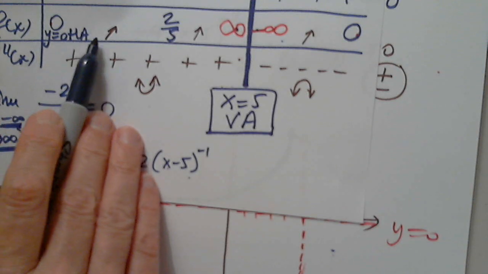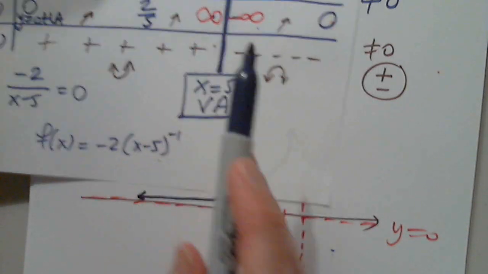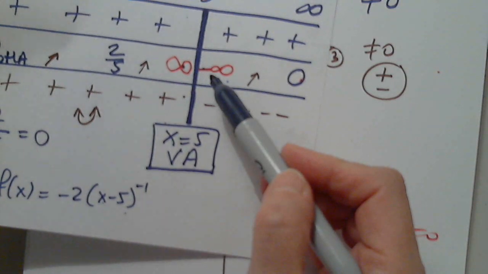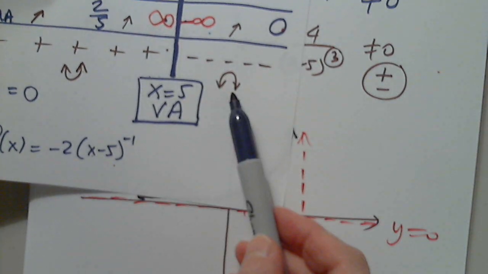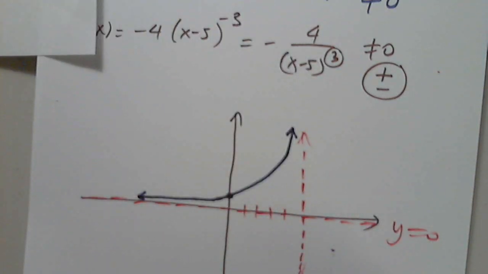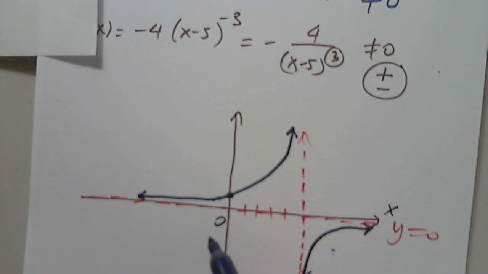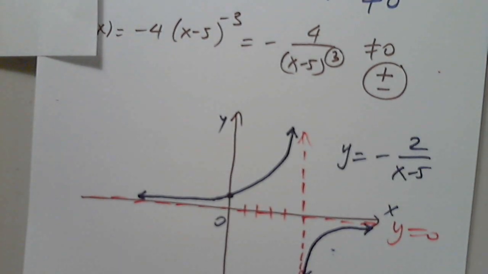From 0, increasing, crossing the y-axis, going to infinity. Opening up. From negative infinity, opening down, close to 0. This is y equals negative 2 over x minus 5. In many ways,